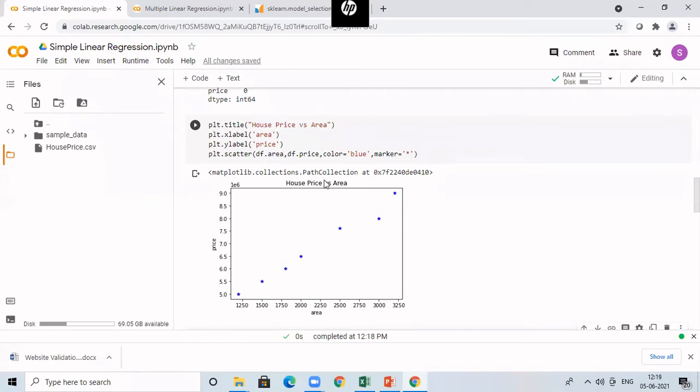Now I want to print the graph. For that, I can use plt.scatter because it is a scatter plot. Give the first argument, which is nothing but the x variable. So here, the x-axis is going to have area. Area is available in the data frame df, so you can call df.area. And on the y-axis, I want to print price, so it is df.price. Now, marker I am going to display as asterisk. You can set any marker for that. I have displayed it as asterisk, and then the color of the marker is set as blue.